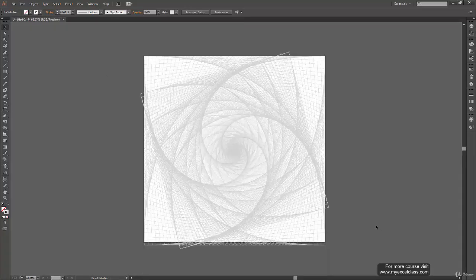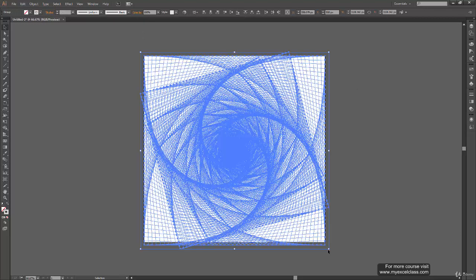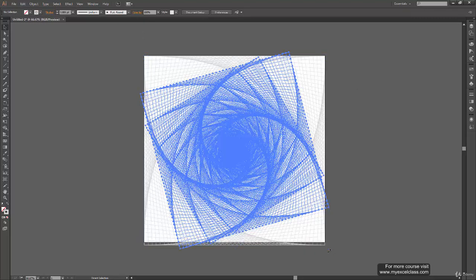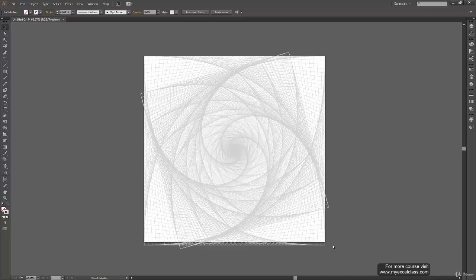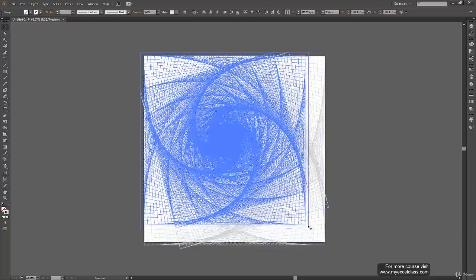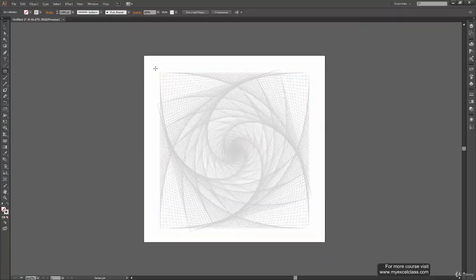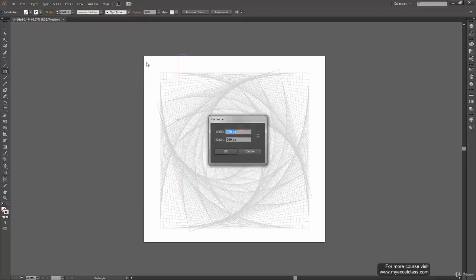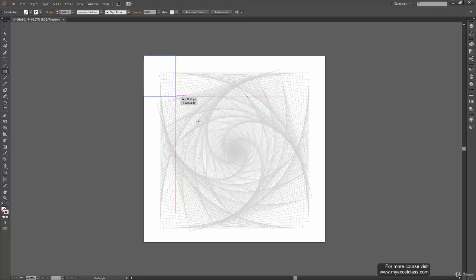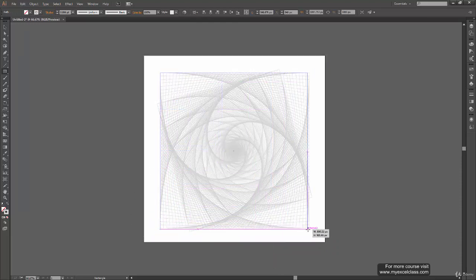So what we can do is press Ctrl A to select all of them, scale them a bit, scale this design a bit, and create a rectangle over here. You can press Ctrl U to turn on smart guides, and let's draw a rectangle and one more rectangle over here.